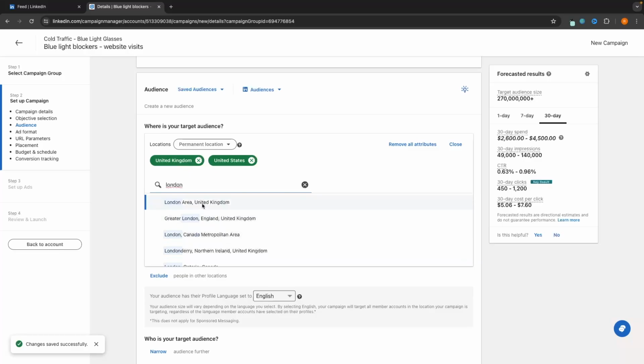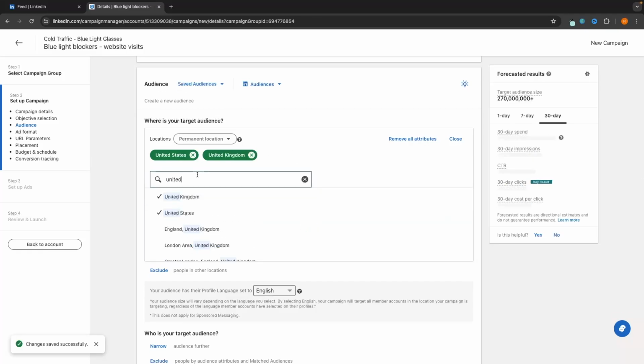This is the Canadian version of London. So we could select either of these for London in the UK if we wanted to specifically target London rather than the UK as a whole. So this right here is going to target London as well as the entirety of the UK. But if we just wanted to target London, then we can remove the UK and add just London right there. But for my ad, I'm going to go for the US, the UK,